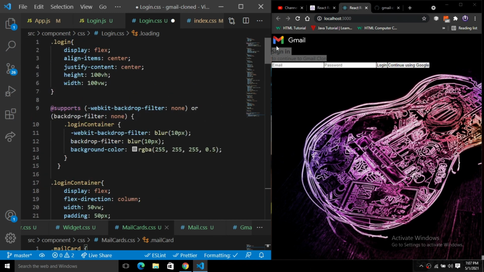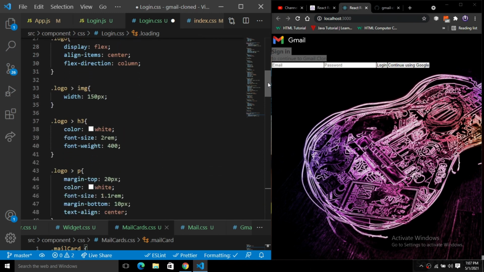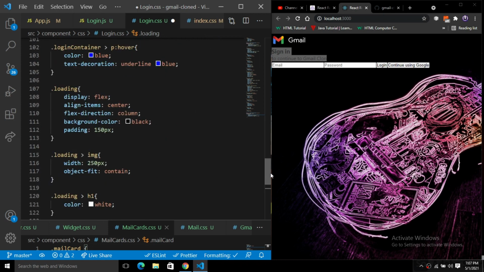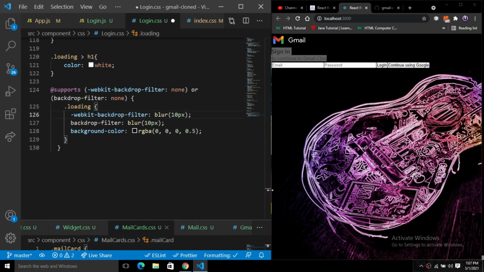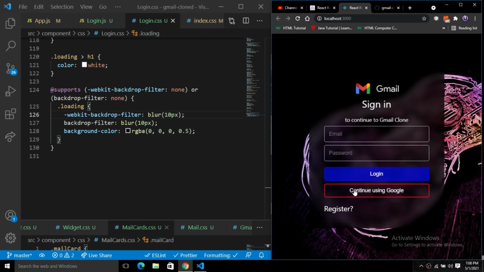Now I'm going to scroll from the top to the bottom, so you can have a look here. So we have this CSS for this, right? So I'm going to save this here, and now you will see a nice looking UI, exactly what we want here. So now you can see here we have Gmail here. Here we will simply have to log in. So we have a login that is opened here, that just asks us to sign in.